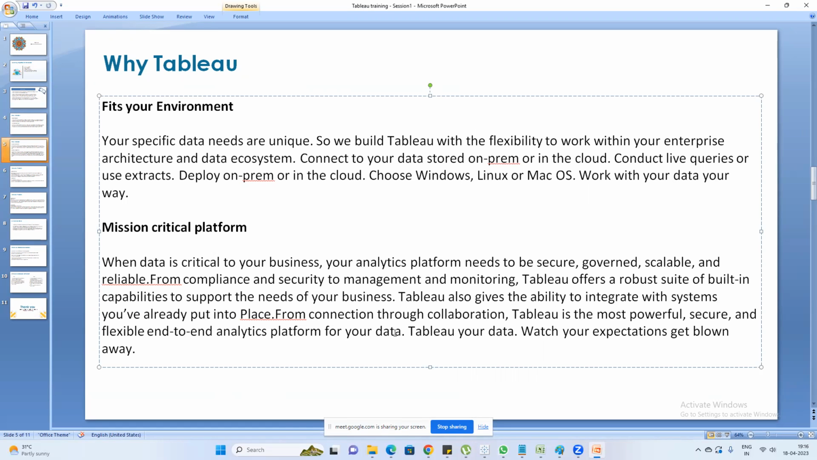And it can be an end-to-end analytics platform. You can connect to data, and after connecting to the visualization, you may publish the dashboard to the servers. And from there, users can access the Tableau dashboard. So the process will be,